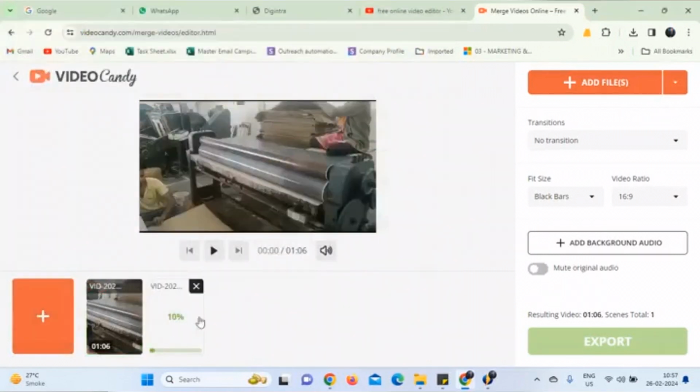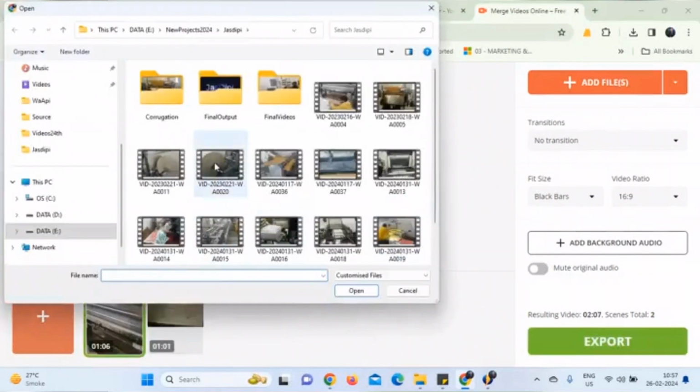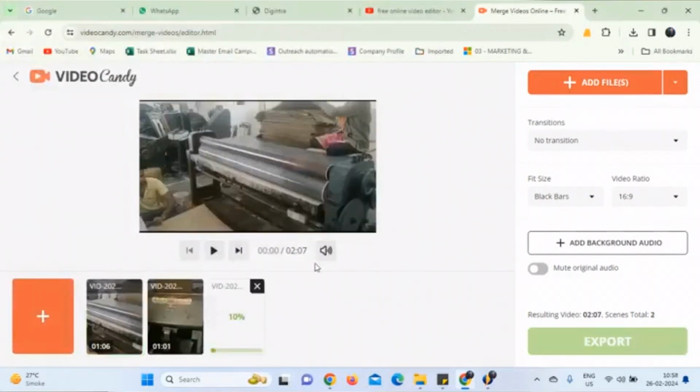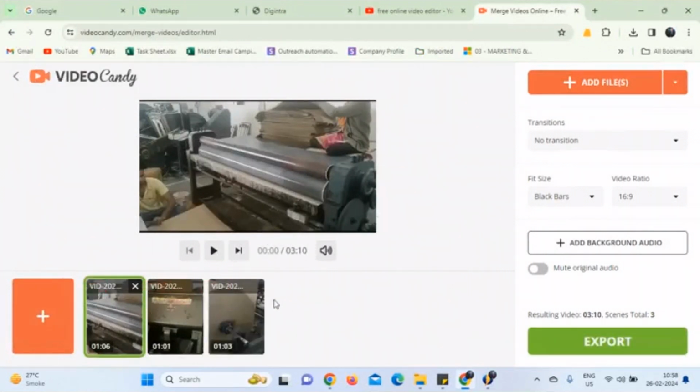Now it's uploading the other one. So let's take another one as well. Let's take this one. It will keep adding the clips onto the timeline and it will merge and give it to me. Let's say I want to merge all these 3 clips together. You can even add a transition. Let's say I add a transition, fade to black, it will give me a transition between all the